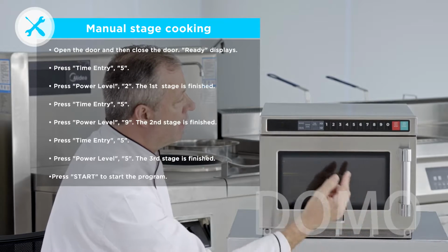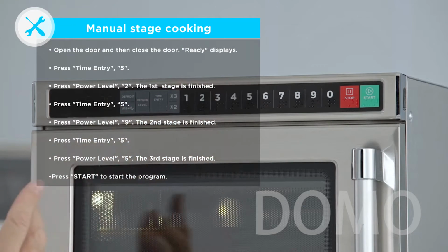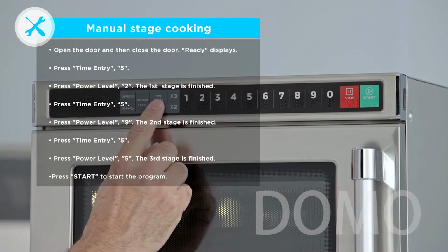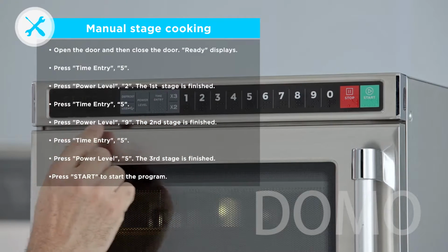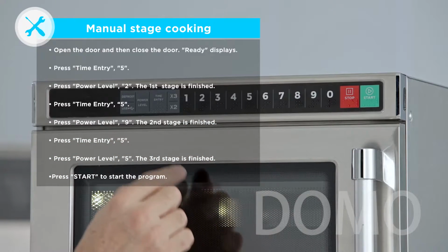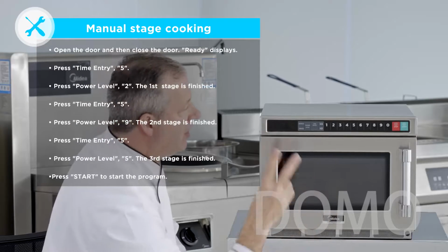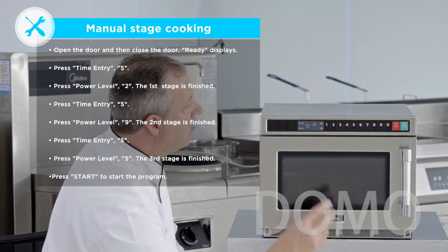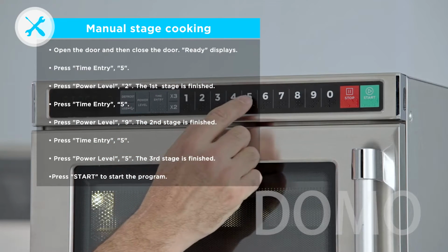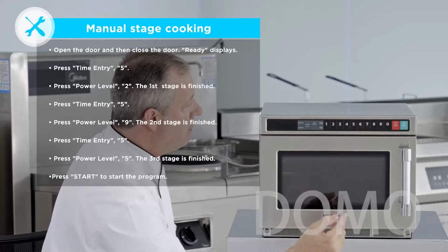Let's say we have something frozen. So we're going to use a low power for the first stage to defrost. On the second stage, go back to time entry. We're now on second stage, and we'll give it another 5 seconds, and we'll go power level 90% power. That's 2 stages. For the third stage, again, time entry, another 5 seconds, and now we'll drop the power just to